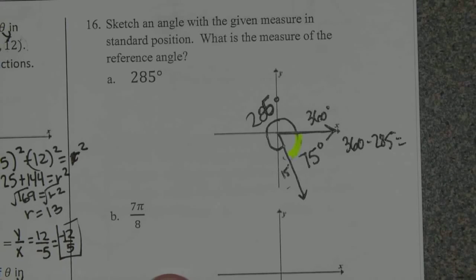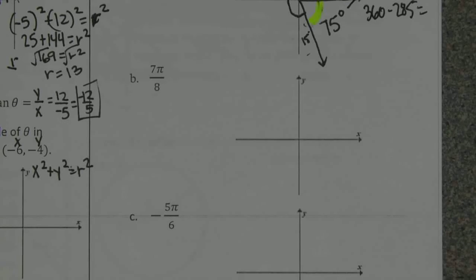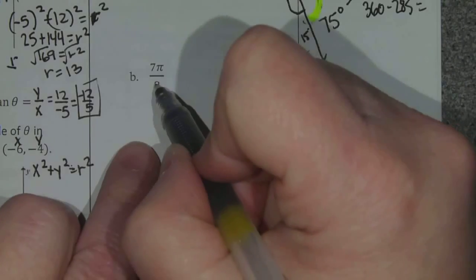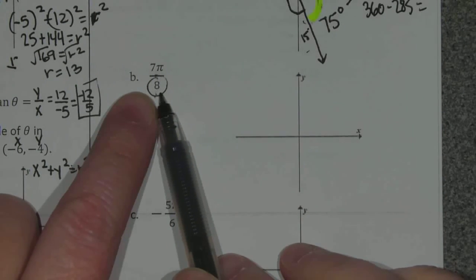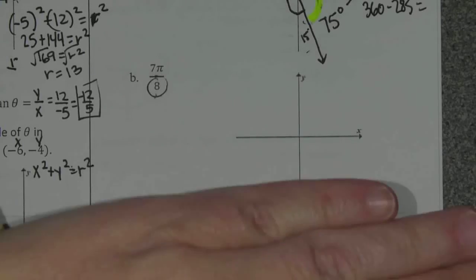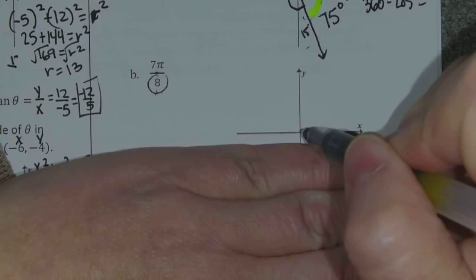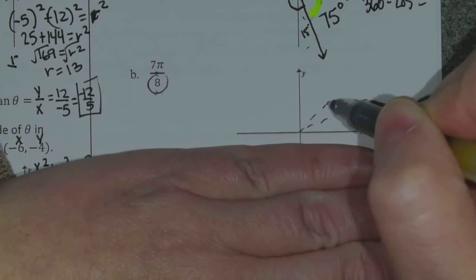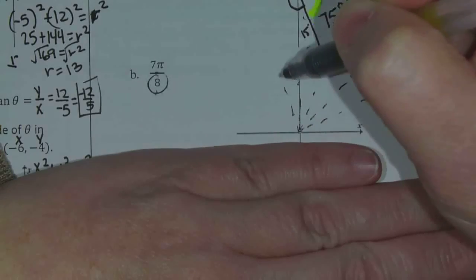You do the same thing when you're in radian form. So if you remember, like on this one, 7 pi over 8, this is not more than 1 pi, because 7 is less than 8. So I really only have to worry about the top, which is a full pi, and I'm going to break it into 8 different pieces. So 1, 2, 3, 4, 5,